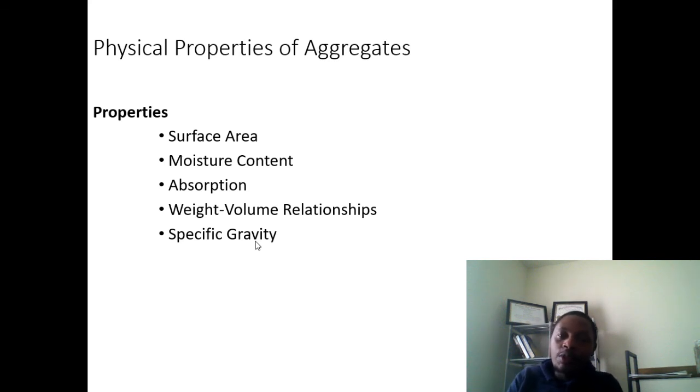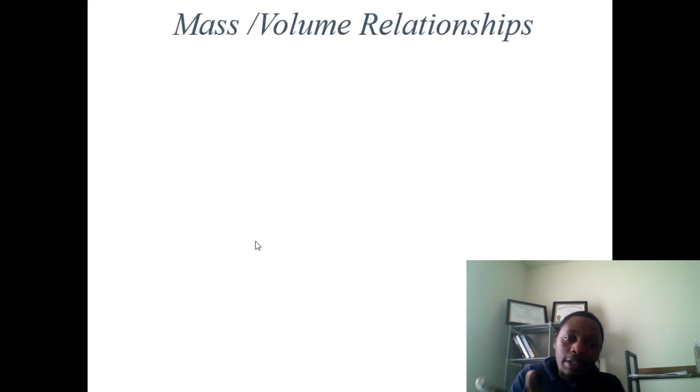Make sure that you know how to calculate the different types and different states of moisture content. We have the oven dried, we have the wet, all those types or states of moisture content, and make sure that you know them. Make sure that you know the different states or different types of gravities that we have, and how to calculate density, how to calculate volume, how to calculate weight or mass, okay?